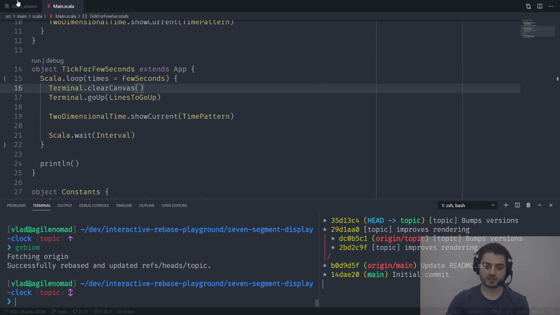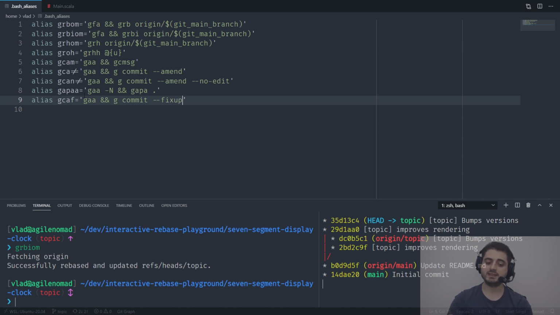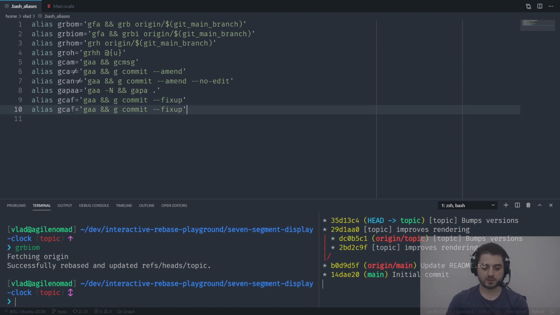I'm actually going to introduce a couple of more aliases so that you can go and use them, right? So I'm going to have an alias git commit all fix up, right? So it's going to be GAA and gcommit fix up. And by the way, with this alias, you can still press tab and you're going to get completion. And let's do another one for squash. Okay, so there are 2 flags, right? So either fix up or squash, but this auto squash thing, there's only one, right? So you just enable it and it's going to work for both of them. I'm not going to show you these aliases, but